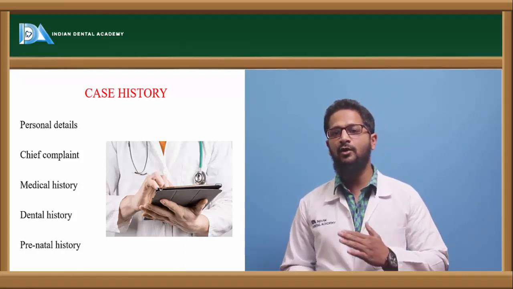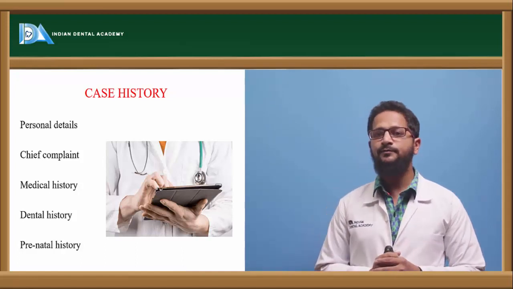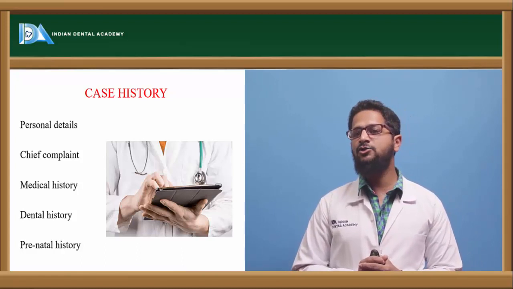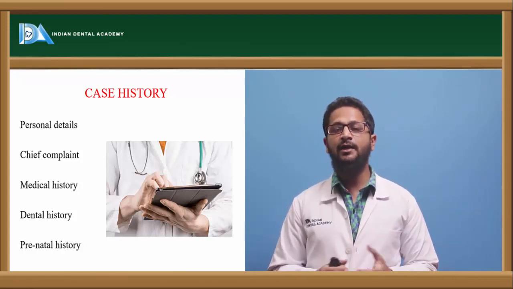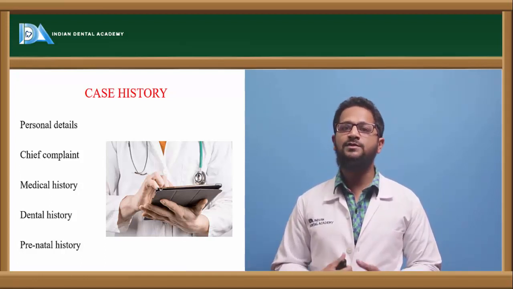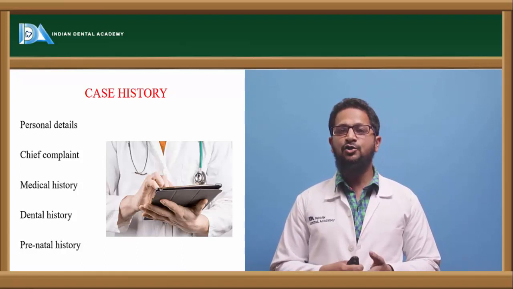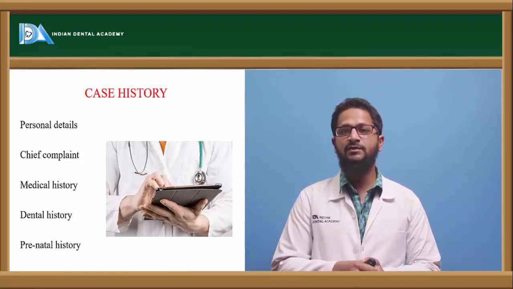Then we have to go for all other findings. Next, coming to medical history. Proper evaluation of medical history is also very much important because there are many malocclusions which are actually related to underlying systemic conditions of the patient. There are many syndromes like Down syndrome, Klinefelter syndrome, etc. So we have to evaluate the entire medical history of the patient and we should correlate this condition with that